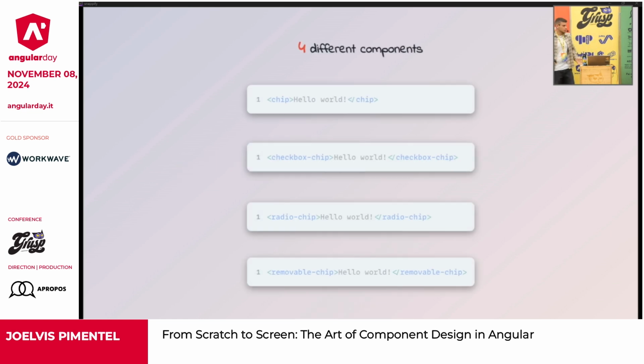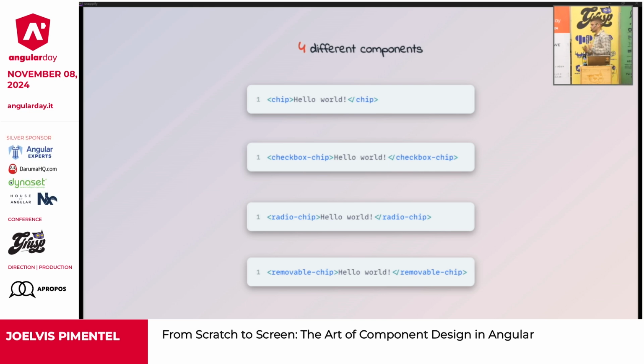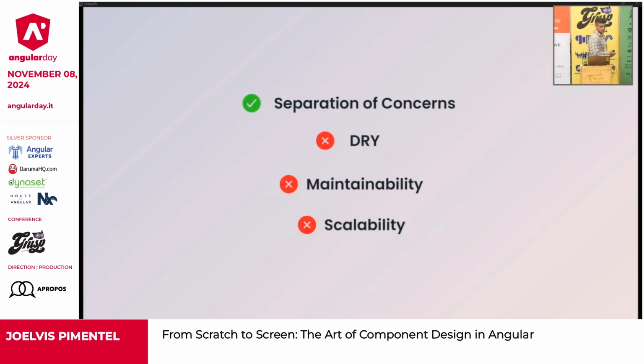What we can do is develop 4 different components. Okay, problem solved. So while this design might be good for some, remember, it all should fit your needs. But I think that for us, we are missing some very important perks here. Well, we have separation of concerns because of course we are creating 4 different components, but we are repeating ourselves and we have a lack of maintainability and scalability because of that.